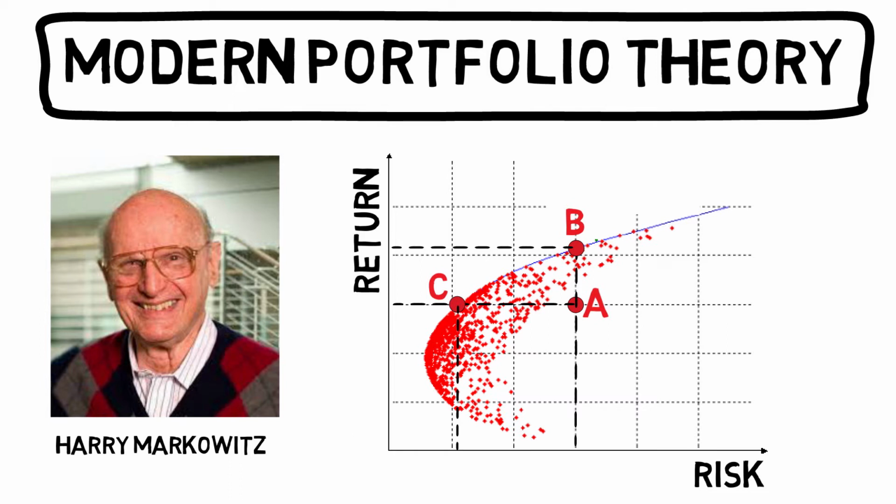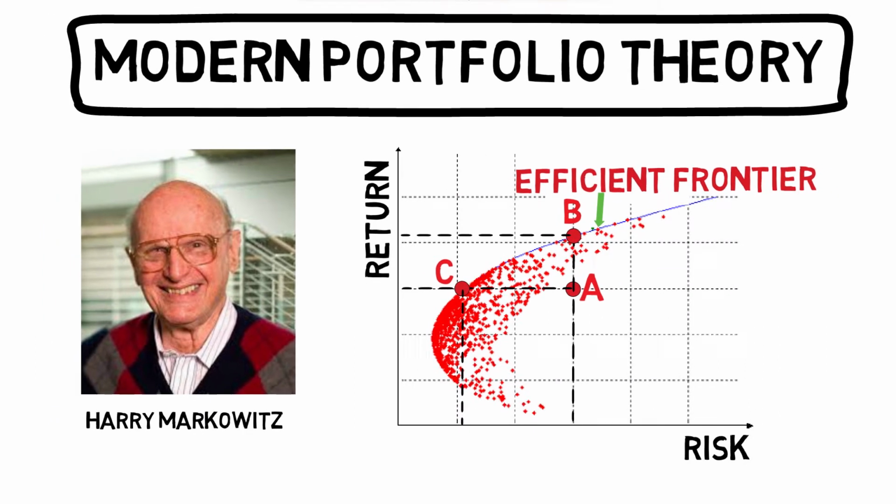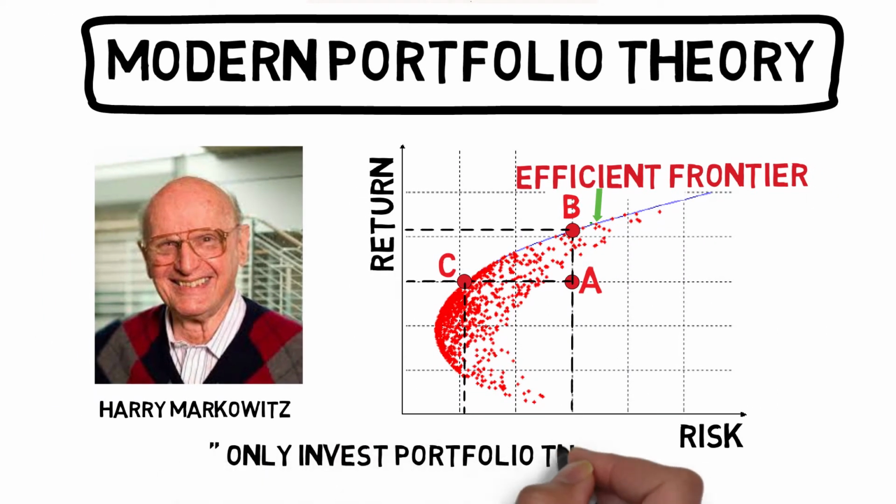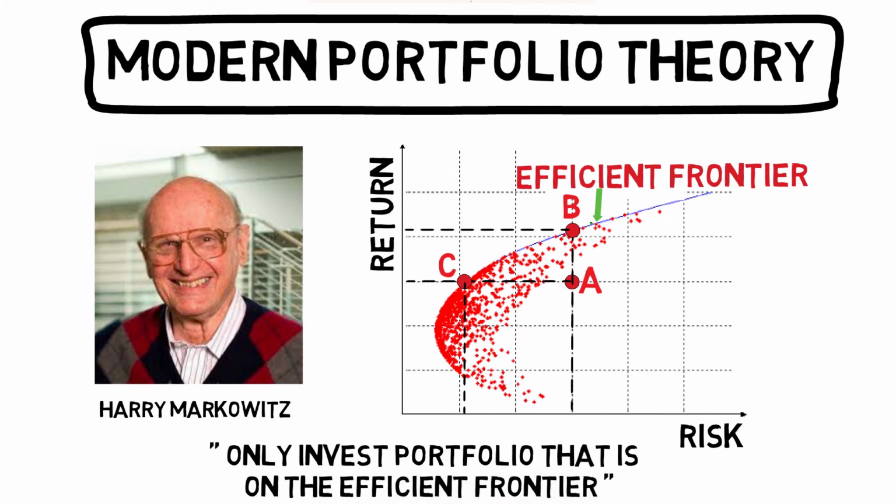If you draw a line across all the best possible investment portfolios, you will get a curve which is called the mean variance efficient frontier. Portfolios that lie below the efficient frontier are suboptimal because they either do not provide enough return for the level of risk, or they have a higher level of risk for the defined rate of return. Diversification seems essential under modern portfolio theory.